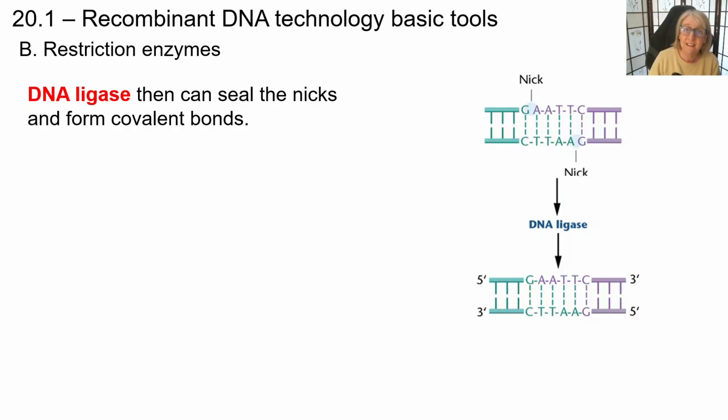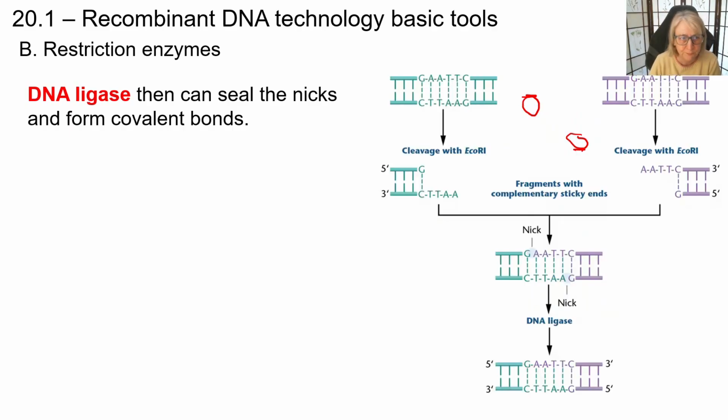So DNA ligase acts as a glue. It seals the nicks and forms a phosphodiester bond here and here between these two fragments of two different sources of DNA. And by the time I am done, I, as a person, and this thing as a bacteria, can't tell where this new source and the old source came from. So the whole picture, and this is in your textbook as well,